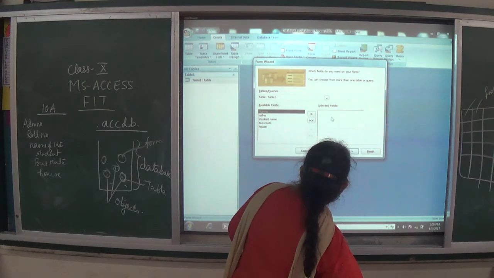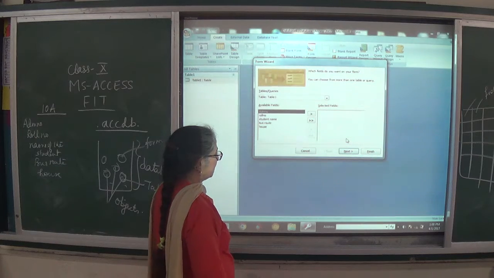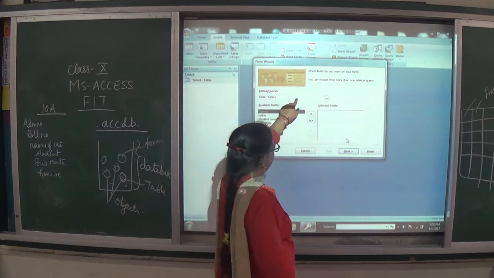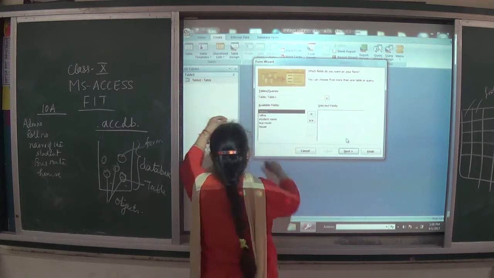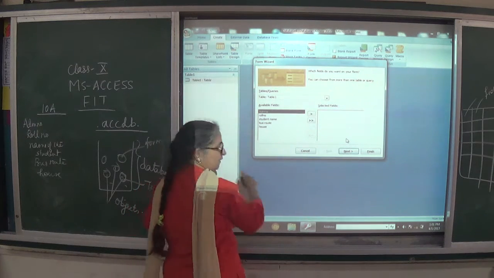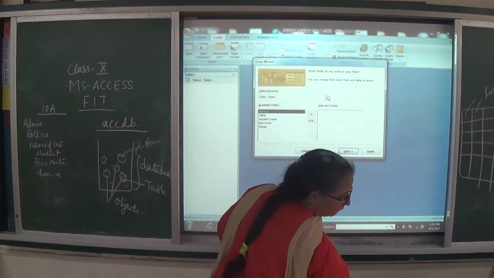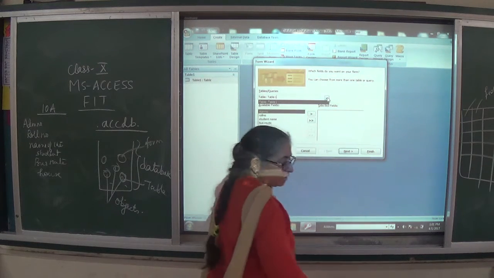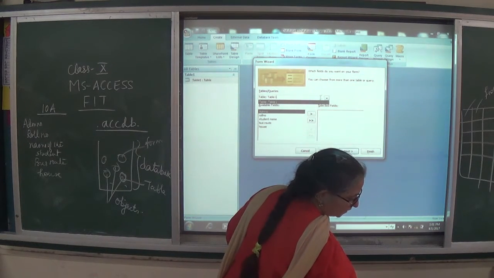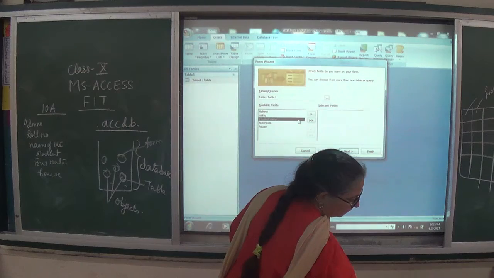Now within the form wizard, here by default Table 1 comes. But if we have 5-6 tables over here, this drop down menu will give me the detail of all tables available. So I will select a table from here. Let's say I have selected Table 1.